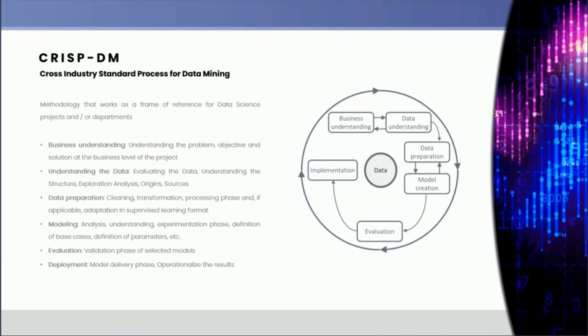And the evaluation from this model or from this hypothesis, where different metrics that we need to evaluate start to appear to validate if our result is actually a result that satisfies the hypothesis. In the case that it does, you can carry out the implementation or the deployment of the solution. But if not, you can come up with a new hypothesis. Therefore, this type of methodology is usually an iterative process.